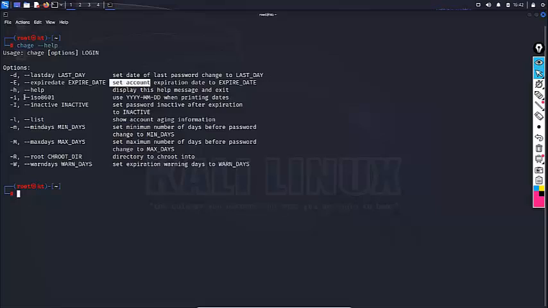And other information you can see with the -h option. And if you want to do inactive login, there is the inactive option. For example, I am going to use chage -l and then